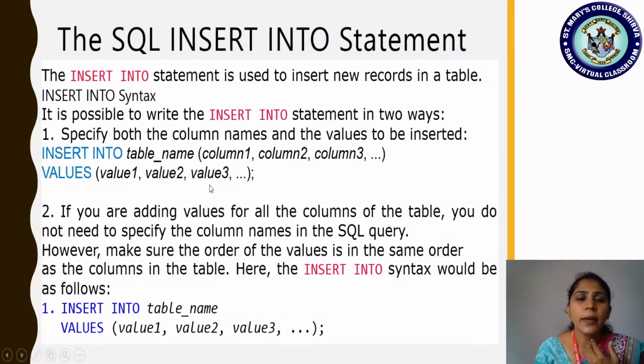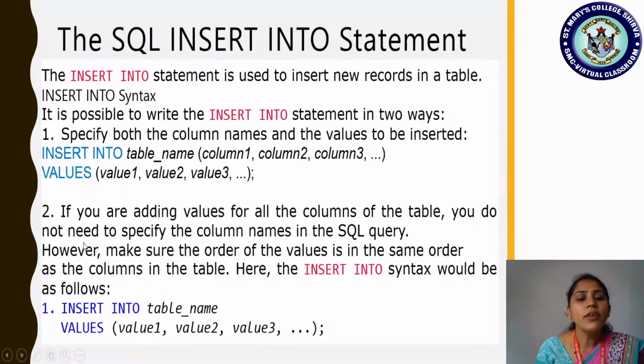By default, insert into table name, if you skip the information in the parentheses and just write values, value 1, value 2, value 3, then for all the 5 attributes, the 5 values will be mapped and stored. So when you have the values for all the columns, you can avoid this. Suppose you are filling only a few columns, only a few attributes, then this first kind of syntax is necessary.